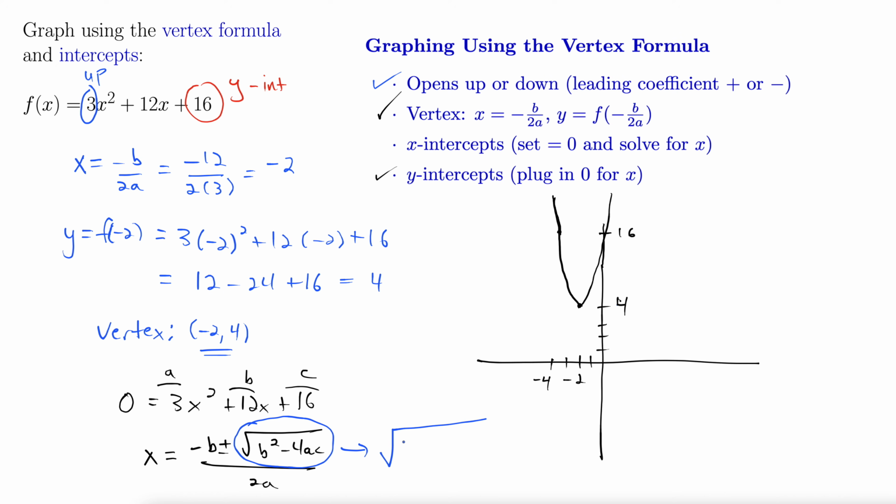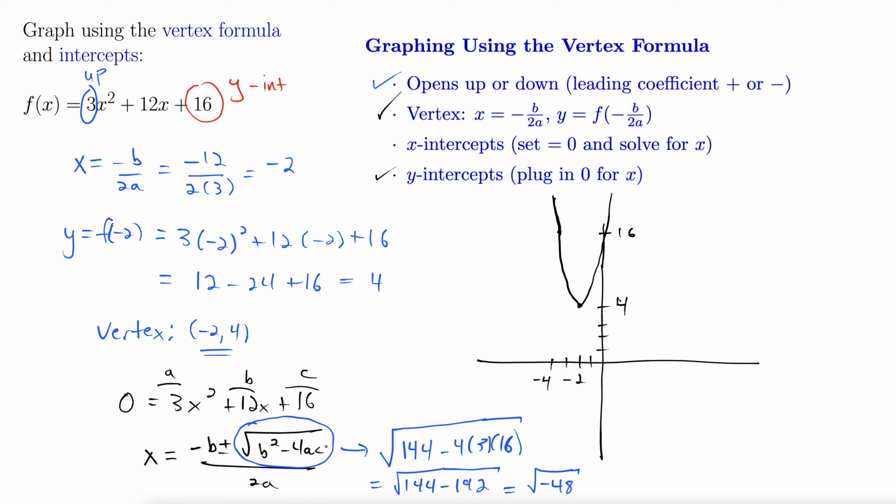So we have b squared, 144, minus 4 times a, 3, times 16. So that's square root of 144 minus 192, turns out, which comes to negative 48